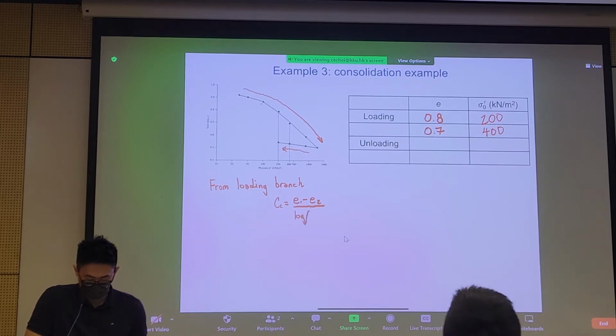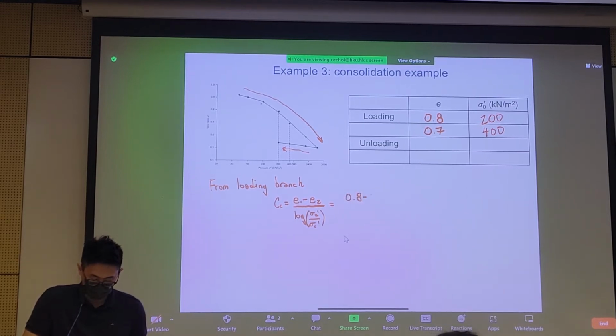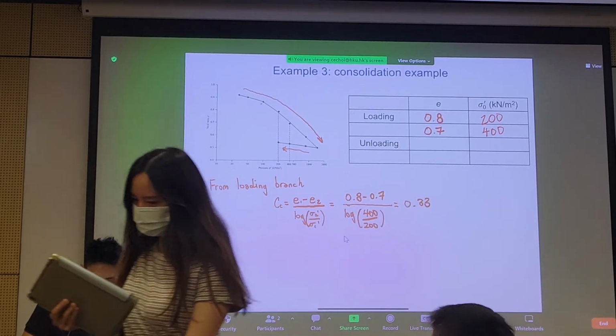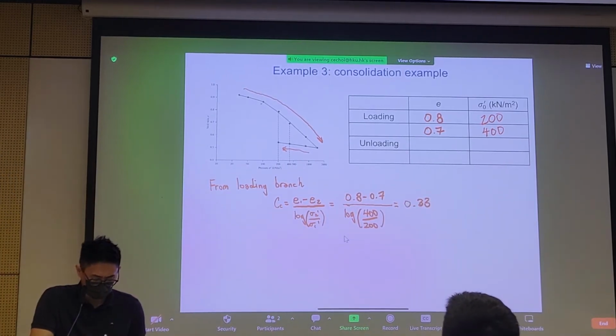So we just look at a difference in y value between an incremental load. You can more or less plug and play: 0.8 minus 0.7 over the logarithm of 400 over 200. Now, if you're still wondering where we got 0.8 and 0.7 from, once you plot, if you focus on the graph here,